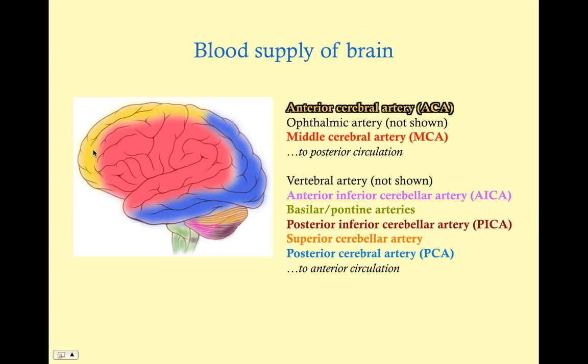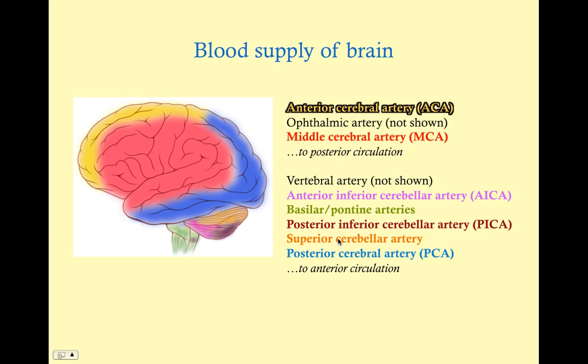And then the ophthalmic artery is part of the anterior circulation, but you can't see it here. Now, at the posterior circulation, your basilar and pontine arteries are taking care of your brainstem. Your anterior inferior cerebellar artery takes care of your anterior inferior cerebellum, just like the name implies. Your posterior inferior cerebellar artery, PICA, takes care of the posterior inferior cerebellum and also has some role with the